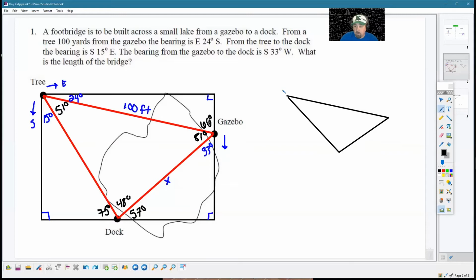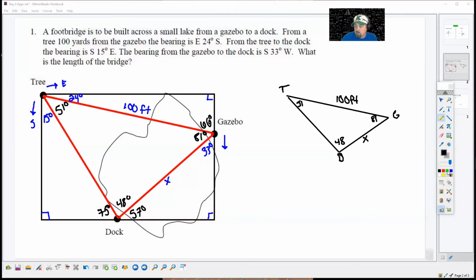So our tree was right here. Our gazebo's over here. Our dock is over here. This was what we wanted to solve for. And we figured out that this was 51, this was 81, and over here was 48. And we were given that this was 100 feet. Now that we filled all this in,